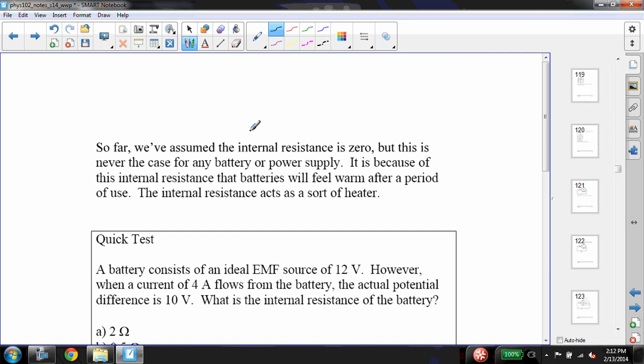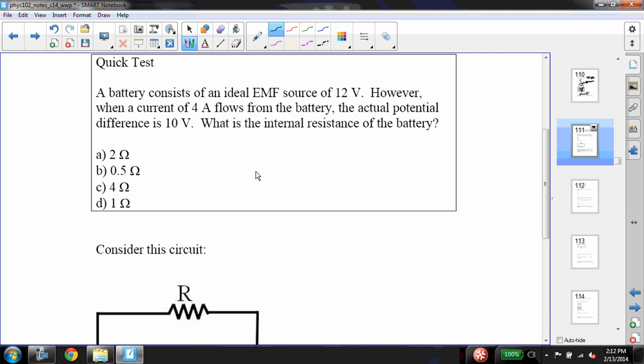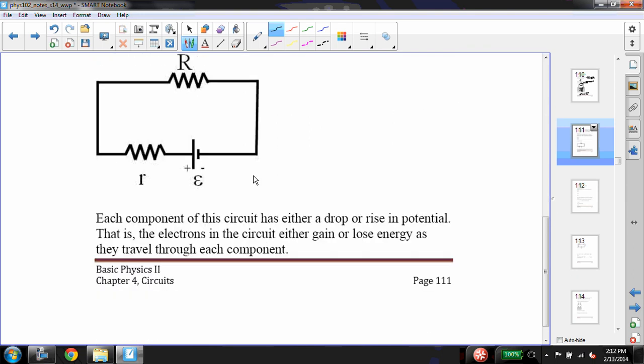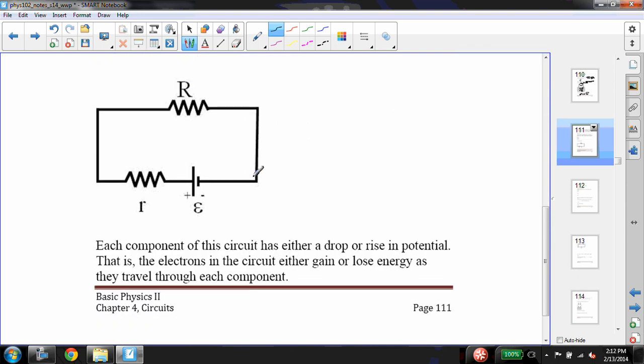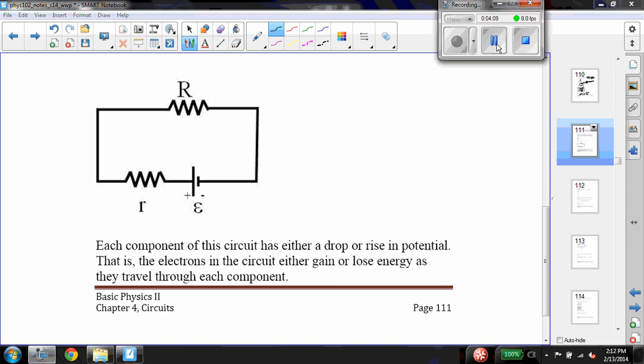All right, so let's try this quick test on your own. Now let's consider this circuit. In this circuit, we will